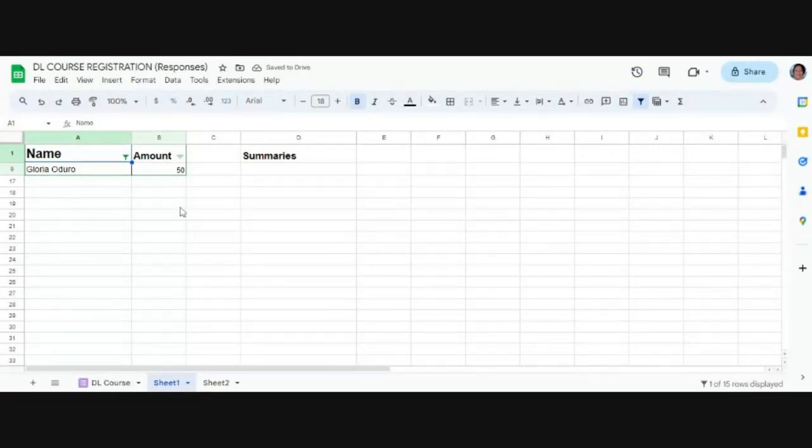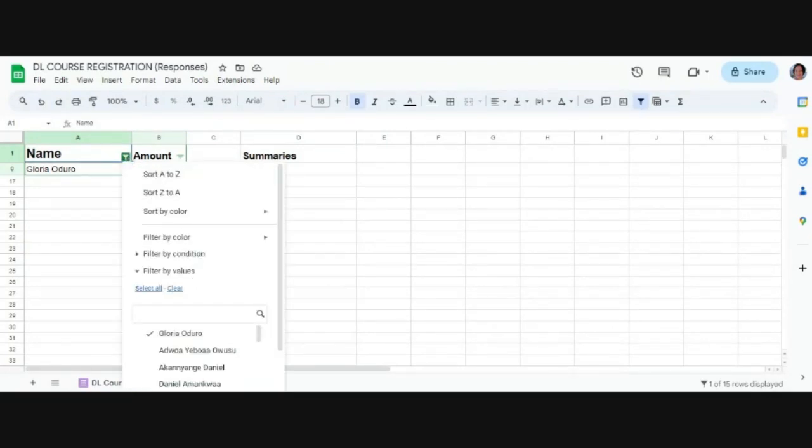Good. So if you want to look for something among plenty of data, you use the filter on Google Sheets or even on Microsoft Excel. You use the filter button and then you come here, type in the person's name, and then you click OK, and it will bring out only that person for you. So I hope this is clear too.